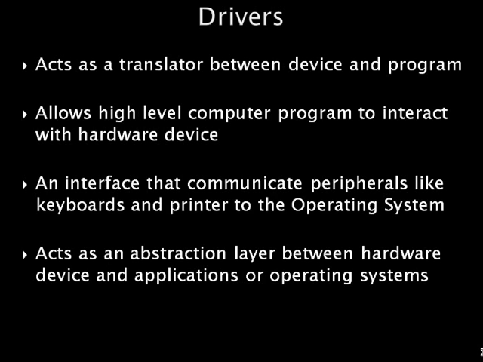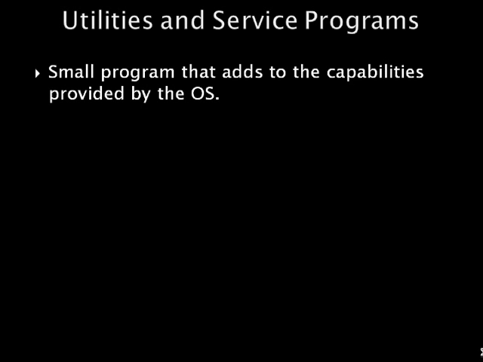Utilities and service programs. In computers, a utility is a small program that provides an addition to the capabilities provided by the operating system. In some usages, this program is a special and non-essential part of the operating system. The print utility that comes with the operating system is an example. It's not absolutely required to run programs, and if it didn't come with the operating system, you could perhaps add it. These programs do some general housekeeping tasks.